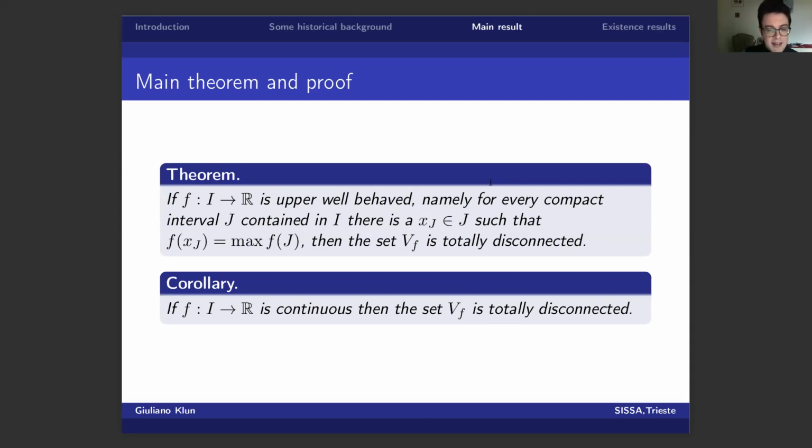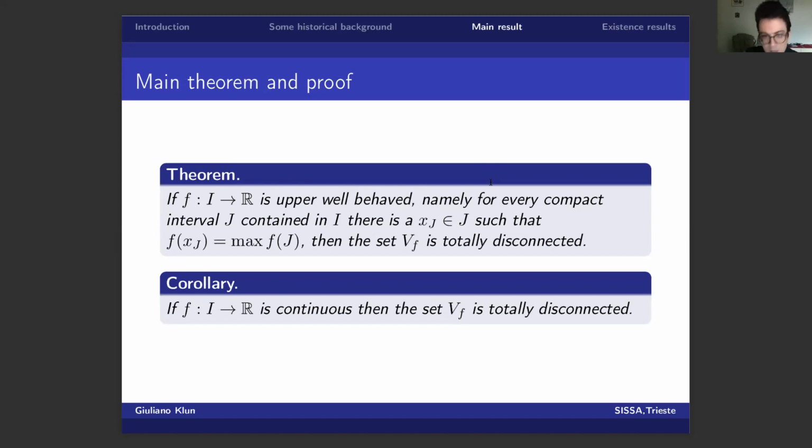So more interestingly, clearly, if f is continuous, by the Weierstrass theorem the set V_f has to be totally disconnected,